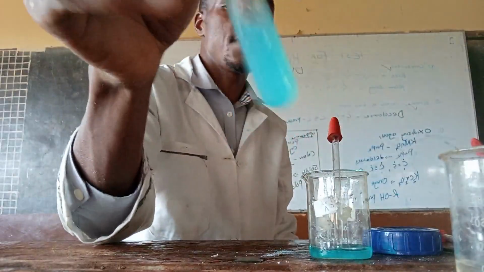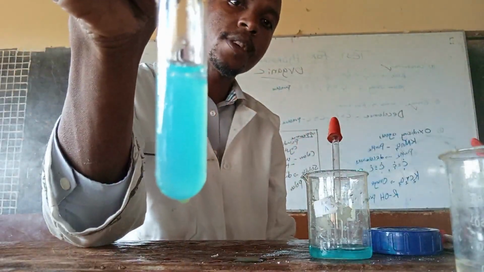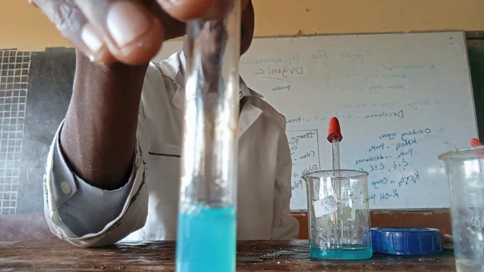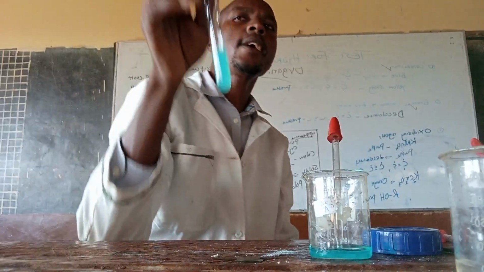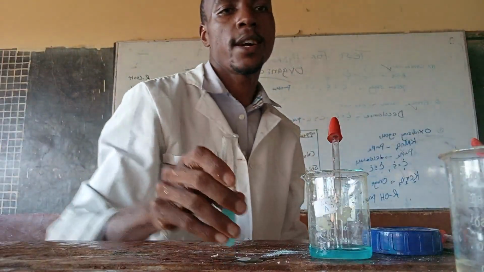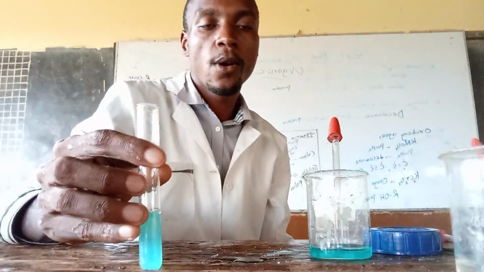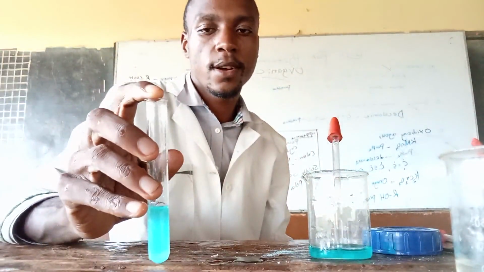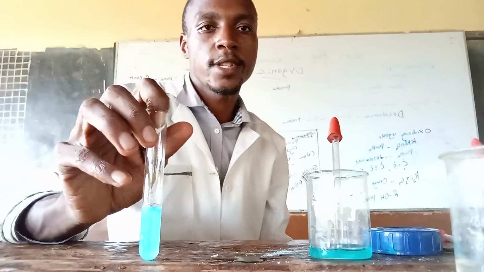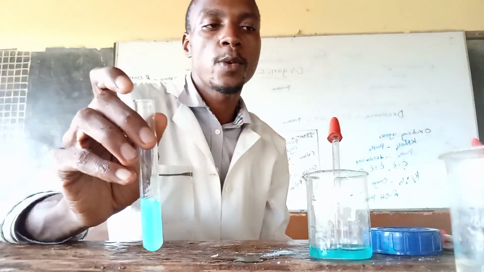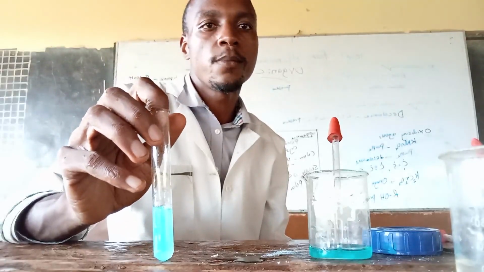Blue precipitate still formed. So this blue precipitate is formed in ammonia. In sodium hydroxide, there was a formation of a deep blue. And any moment you see color change, there is formation of what we call complex ions. Like in sodium hydroxide, a complex ion was formed when we added excess copper. Okay? So it formed